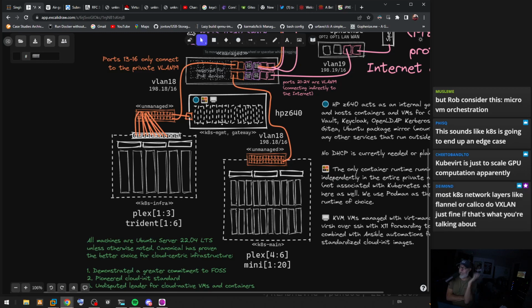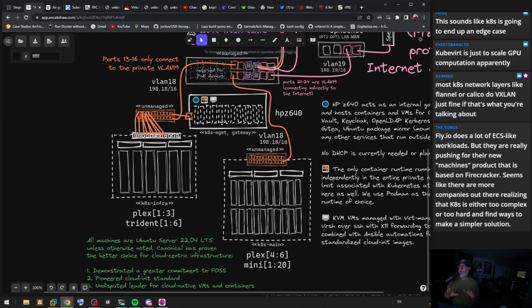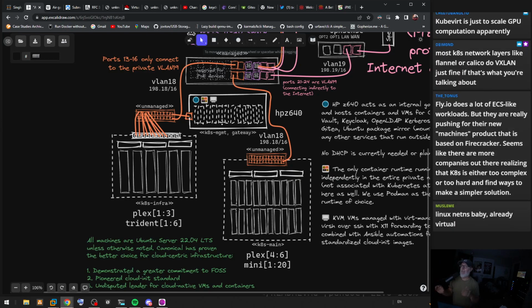I can only use Kubernetes. Okay, well, let's see if I can bypass everything, run a VM with privileged mode in a container and get to the underlying OS. It's totally stupid. It's absolutely stupid. I'm sorry, I think the people are probably wonderful people. I'm not attacking you. I just think that project is totally brain dead. And the projects, Linux NetNS maybe already virtual. Exactly. So